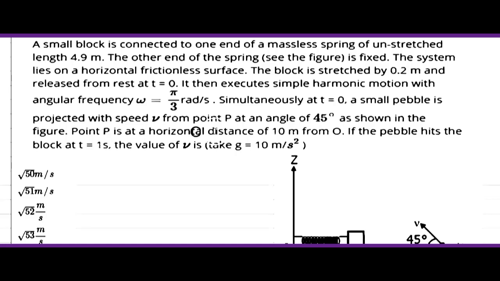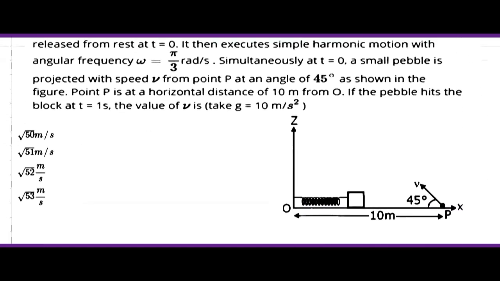Now point P is at a horizontal distance of 10 meters from O. If the pebble hits the block at t equals 1 second, the value of v is, and we have to find the value of v, and g is given to be 10 meter per second squared. And these are the options: root 50, root 51, root 52, and root 53 meter per second. So basically we are given,